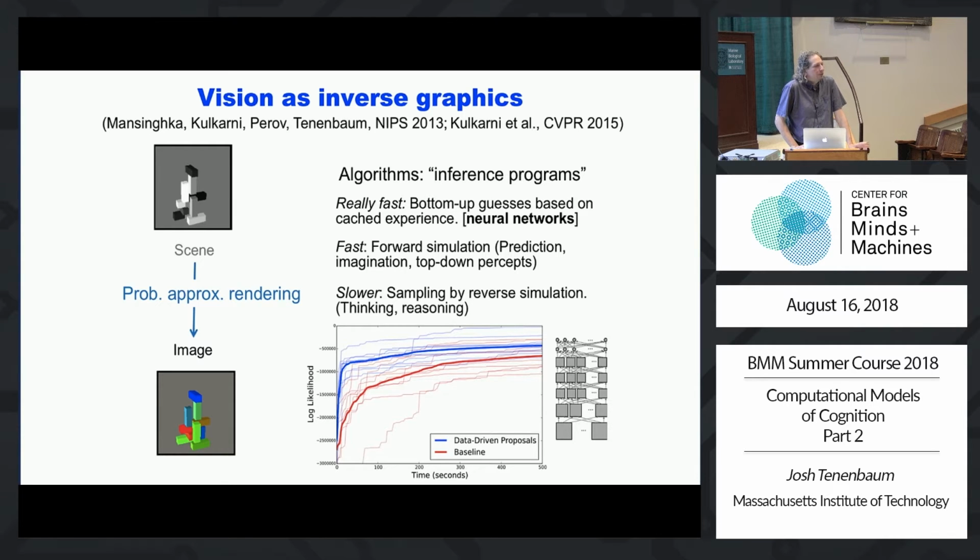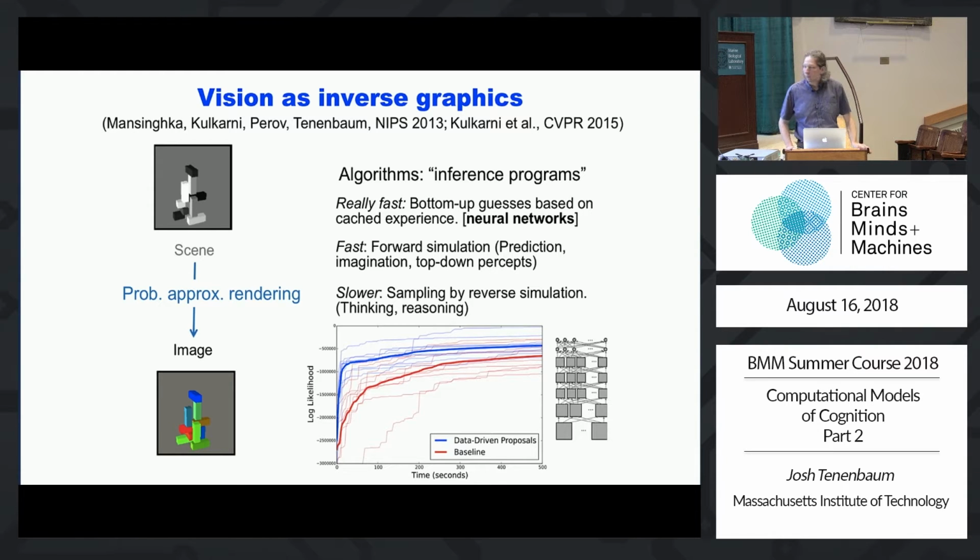And what you learn is reusable, whereas in other kinds of more advanced cognition, maybe a little bit less so. Okay. But the difference between these fast and slow approaches is illustrated in this figure, where on the x-axis I have time, on the y-axis I have likelihood or log likelihood. Actually, it's log likelihood on a log scale. But what I'm showing is basically higher is better. It means in a scene interpretation, it's a better fit to the image. And I'm showing how that evolves over time, how your scene interpretation evolves.